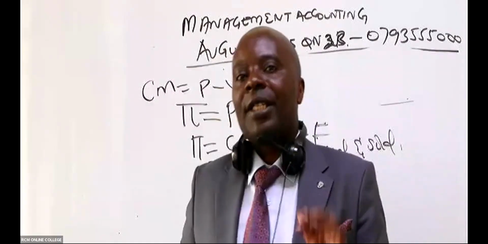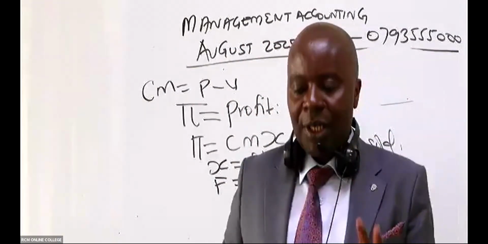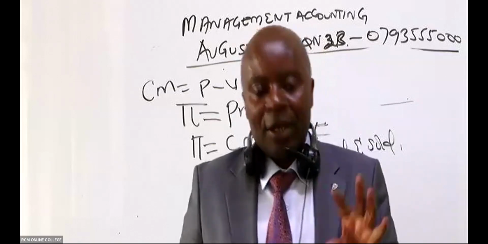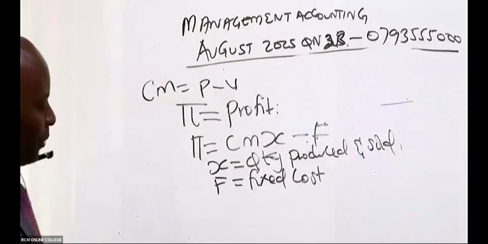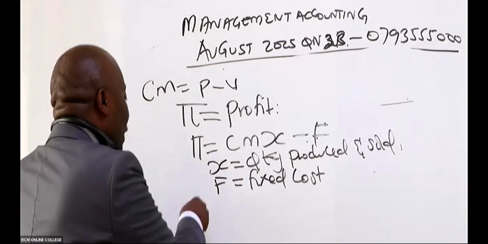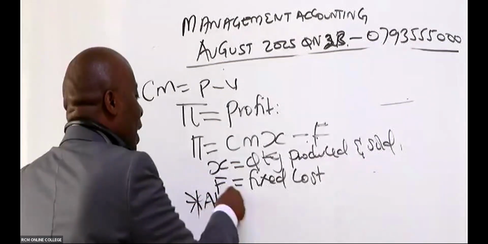Like salary. Salary is periodic, it's paid on a monthly basis. So that automatically will be fixed costs. They are ever constant. Now, ladies and gentlemen, I would want you to really understand this from the word go. That at break even,